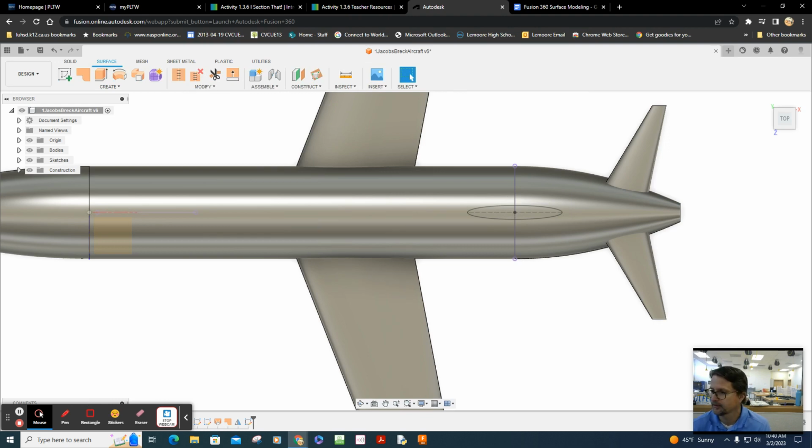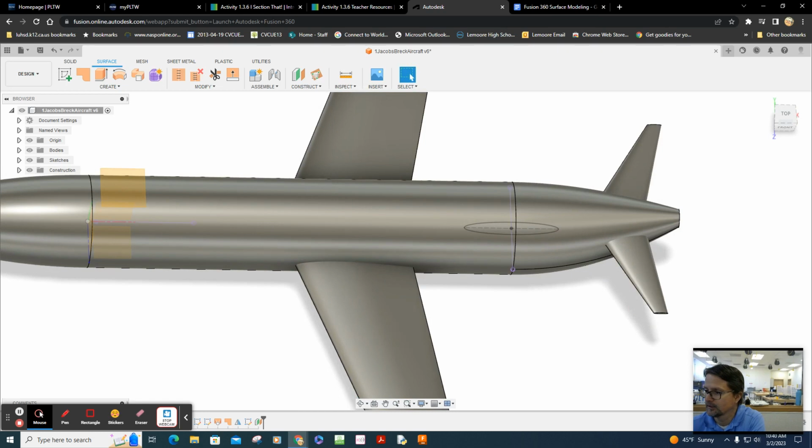Now the directions say to create an offset plane, 25 units. Let's move that up 25 units. Okay. Let's rotate that just a hair.